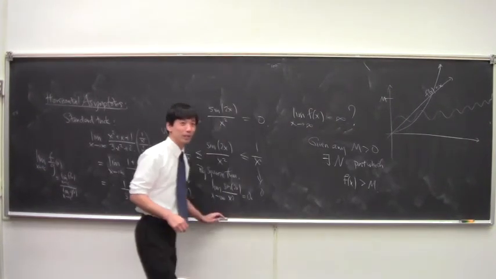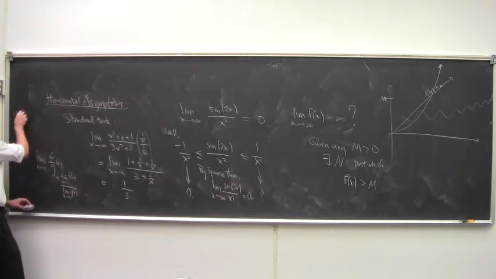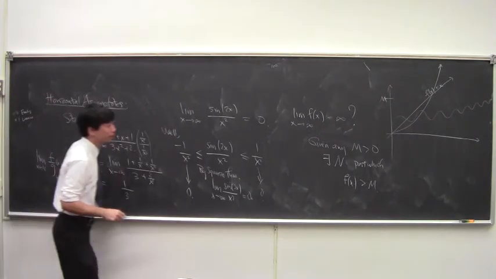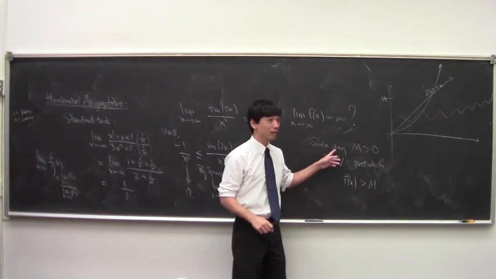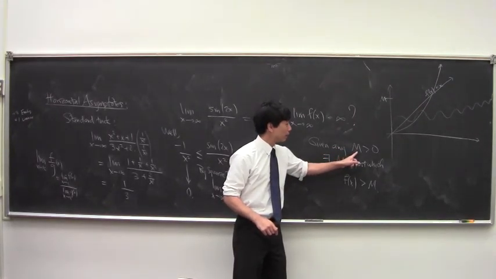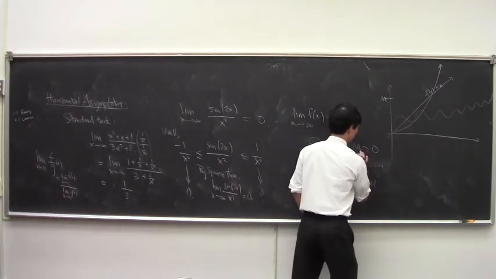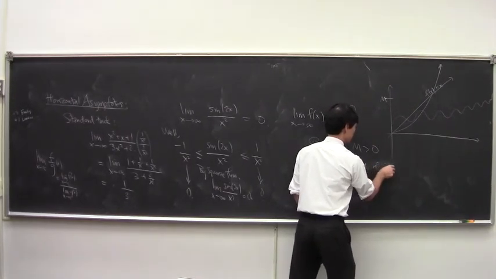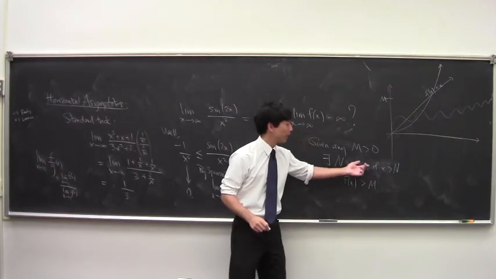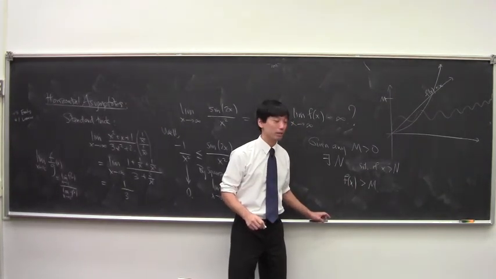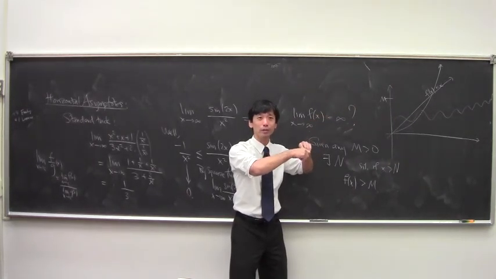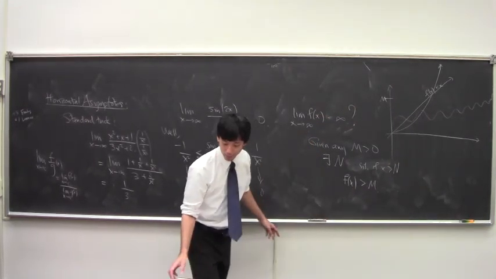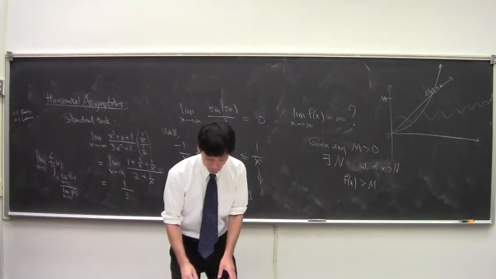I should give you, Leon, a point for that. Okay. Right. So given any bar, there's a time so that past that time, all your values exceed the bar. Right? So given any height, there's a time past which all values are higher than that. Okay, and that's, as you see, that makes